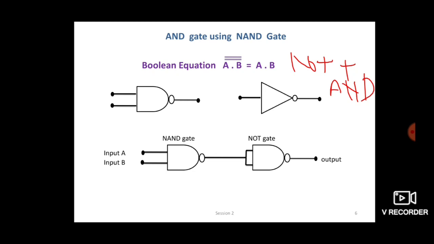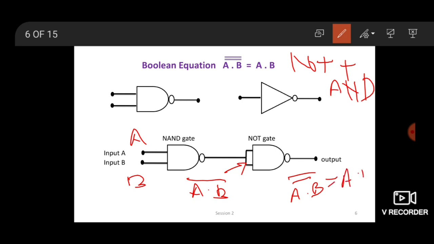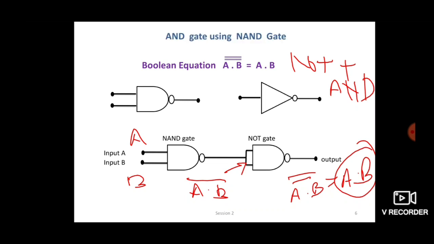So it gives the AND gate equation. See here, suppose A is passed, B is passed. What is the output here? A dot B bar. Now this passes through this gate, then double bar, what is the output? A dot B. With a double bar, the final output is A dot B, and this is the equation of the AND gate. Got it, student? Understood? This total circuit is how to construct the AND gate.